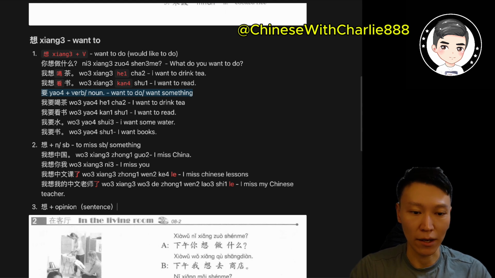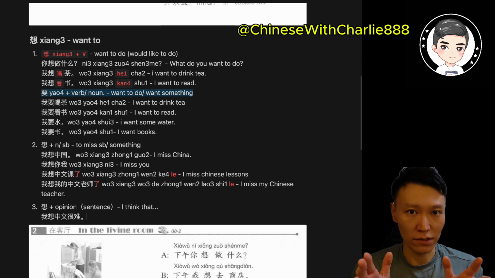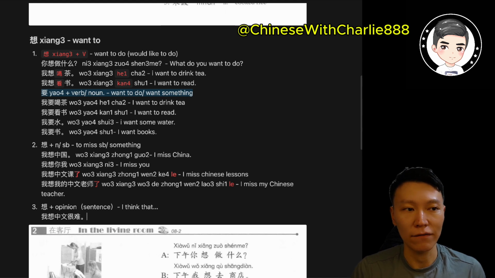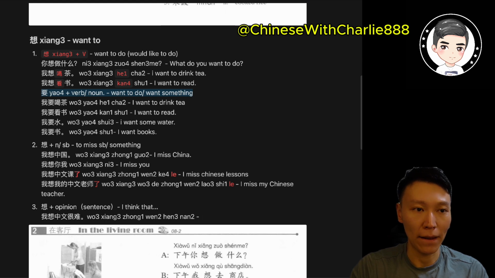And then we can translate 想 as I think that. Okay? I think that. For example, 我想中文很难. Okay? 我想中文很难. So this 中文很难 means Chinese is difficult. This is a complete sentence. So after 想, we use a complete sentence, which is our opinion. Then 我想 means I think. Alright? 我想中文很难. I think